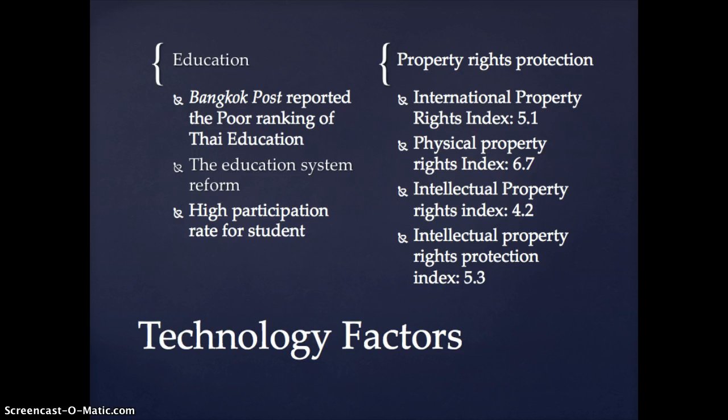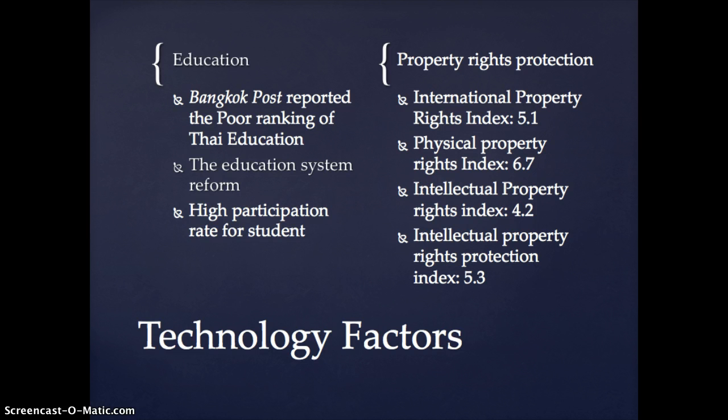Education was ranked low, actually was ranked the lowest out of the ASEAN countries, which there's 8 different countries in the Asian area that fall under the ASEAN countries, and it was ranked the bottom of that. With this in mind, they've started to call for reform in the education system because it is extremely militarized, because they want to see more freedom, creativity, critical thinking coming from the school system. But they do have a high participation rate of students from both male and female students, which is very good.